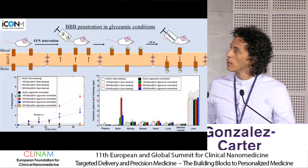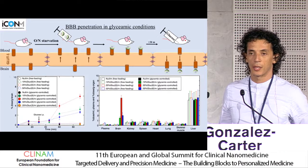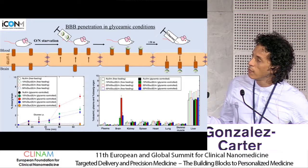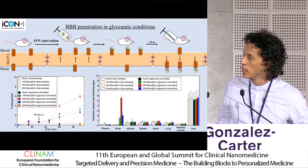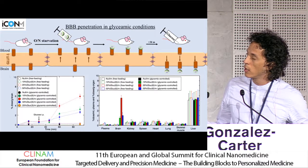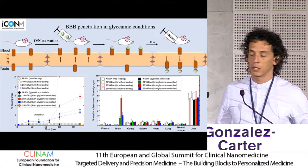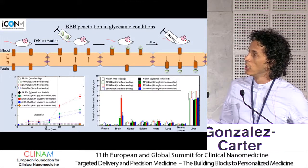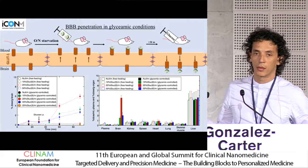And we have shown these nanomicelles enter the brain under specific glycemic conditions. So you can see that in free-feeding control mice, represented by the open circles, there is very little internalization into the brain up to an hour and a half. However, if the animals are starved overnight to lower blood glucose to induce translocation of the GLUT transporter onto the luminal side of the BBB,